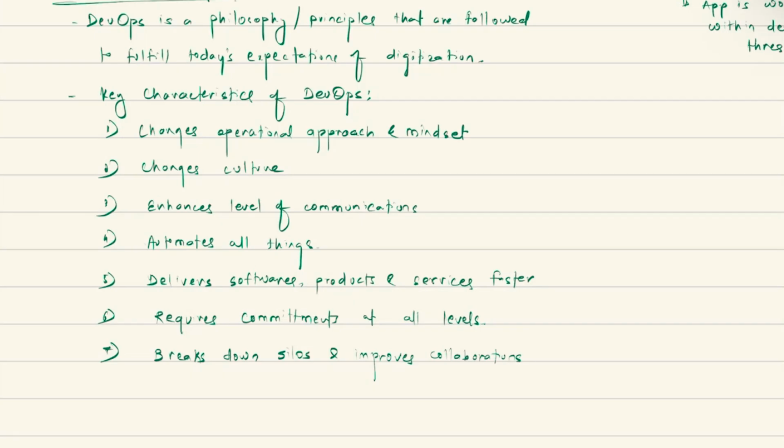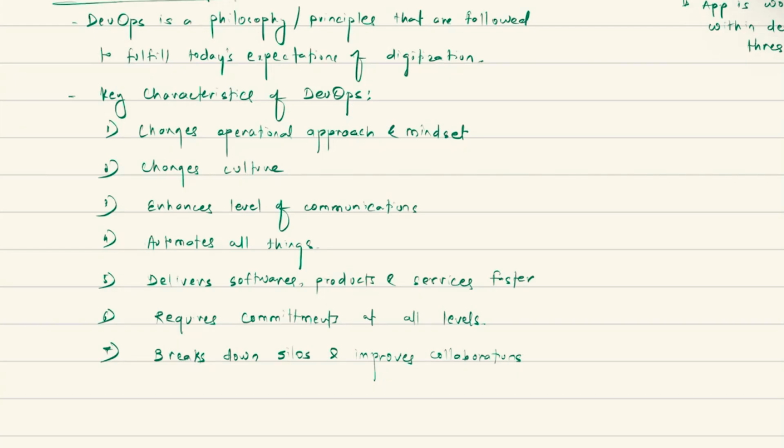So when you merge both development and operations teams together, then under DevOps, you have to follow a certain philosophy. It is not a tool, really. If you have an understanding that DevOps is nothing but using a piece of software and then you would be good at it, no, it is not.